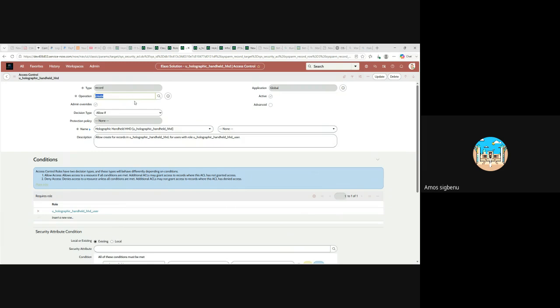But because this record has been created, I didn't create the record. I have only read access on the type. I can't change the type, even if I elevate my role. The only things I can change is the operation, right? You can also change the decision type. You can also change the field you want to work on. Now, by default it is on none. None just means it's only those that have this role and have access,